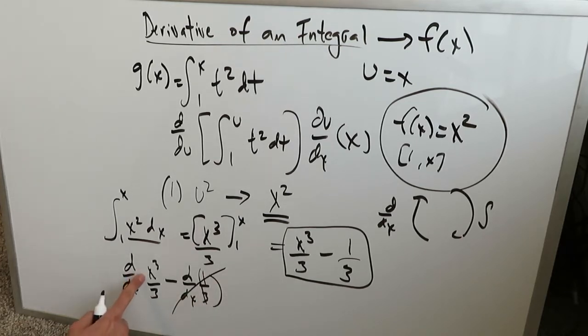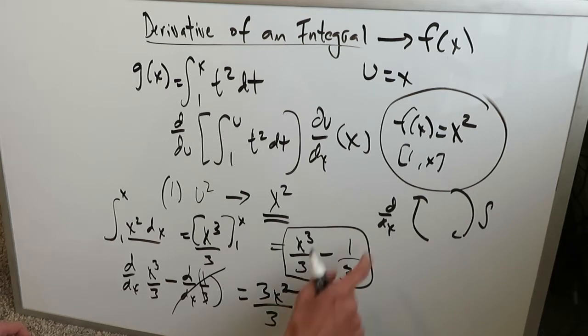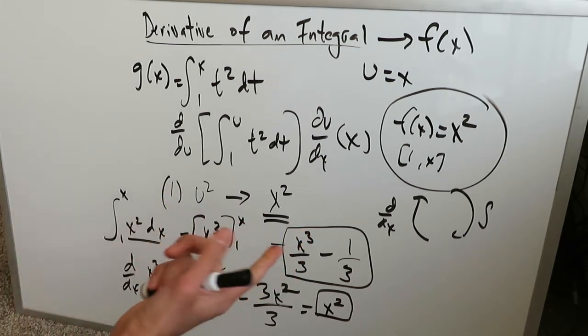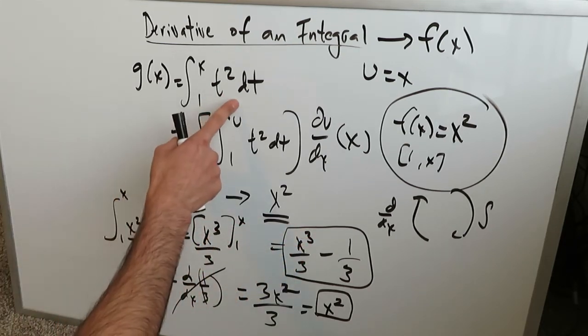You're just left with doing the derivative of the variable aspect of this antiderivative. When you do this using the power rule, you do 3x squared over 3. This 3 comes as a coefficient, the power of 3 is reduced by 1, hence you get 2 over here. When you simplify this, you get x squared, and you end up back at the original function. So you've seen over here, using basically part 1 of the fundamental theorem of calculus,